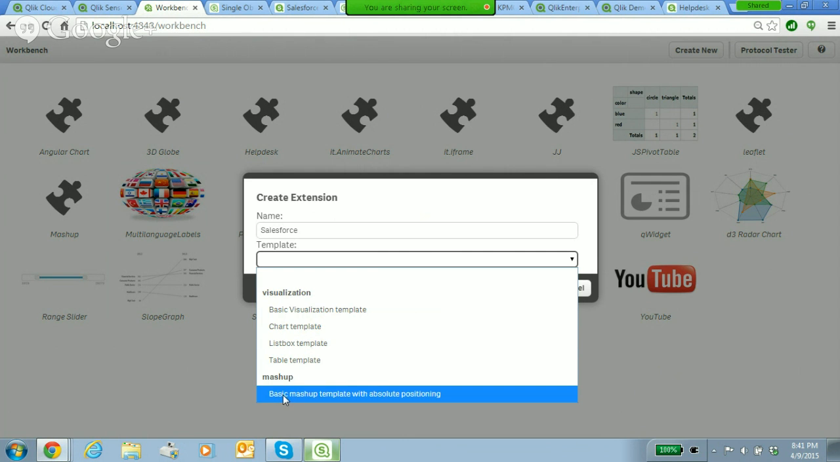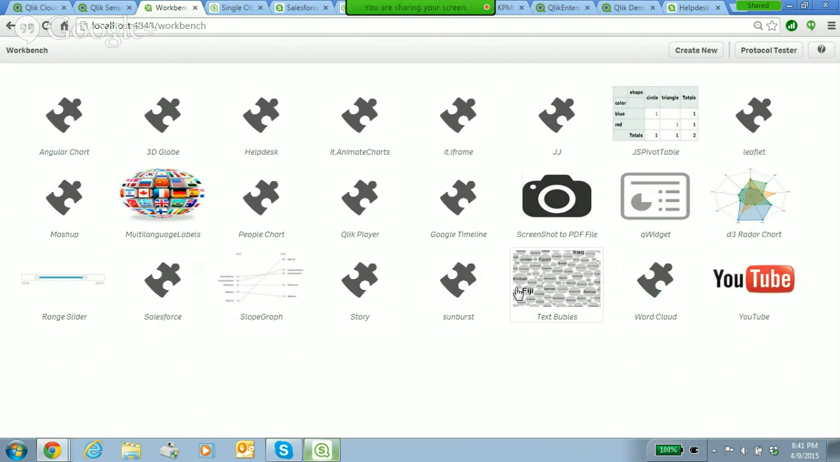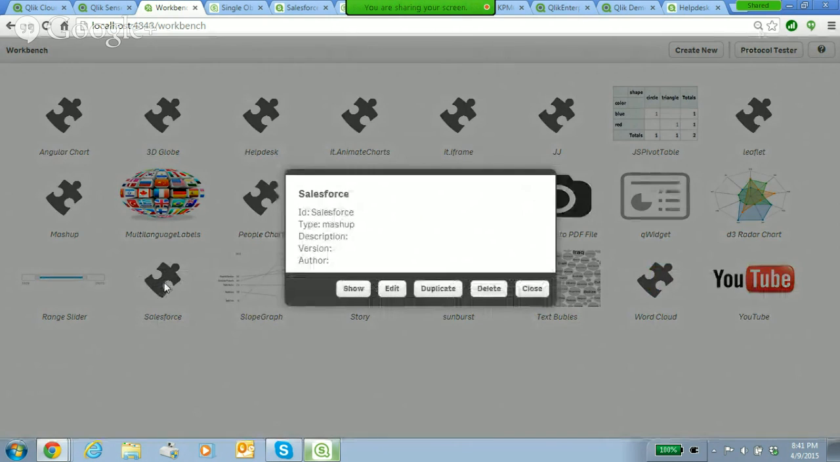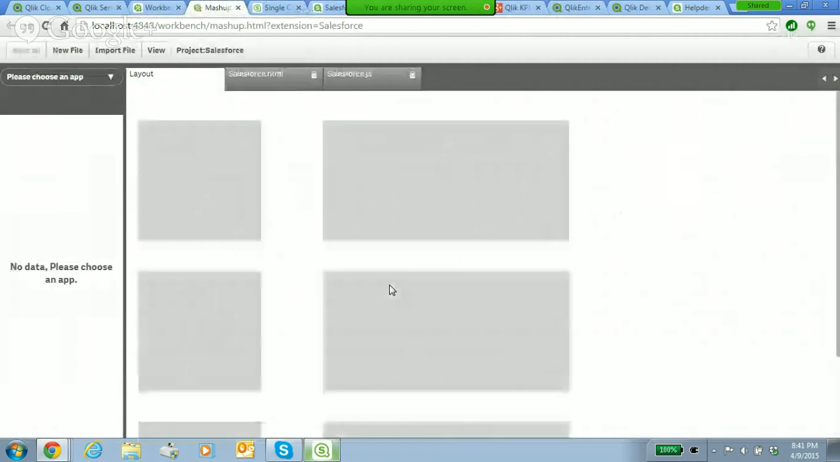Notice here we have a basic mashup that does absolute positioning. Don't have to worry about the absolute positioning part. We're just going to call it Salesforce, and we're going to do a create. Now, the next thing is we're going to go into Salesforce. We're going to click on it, and we're going to do an edit. Now we're in the actual